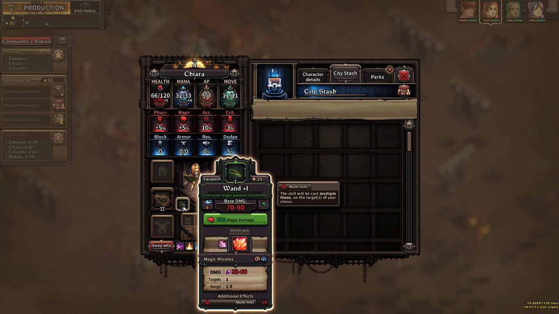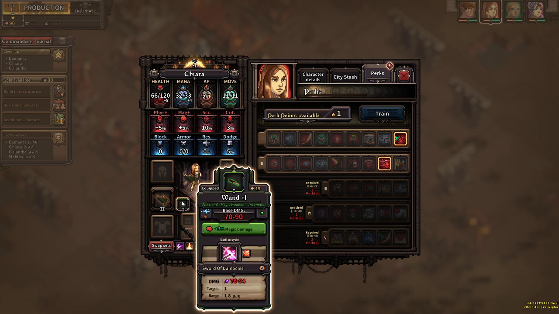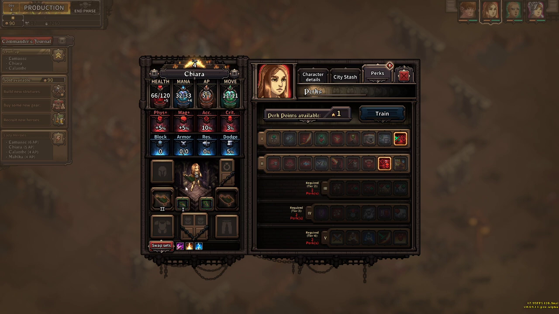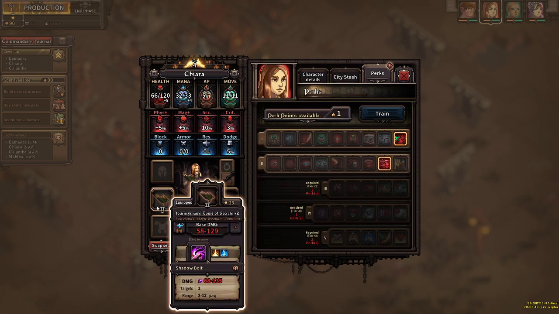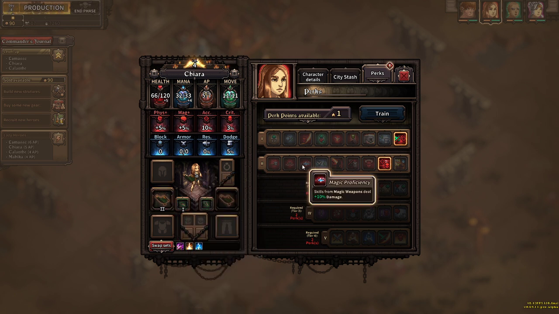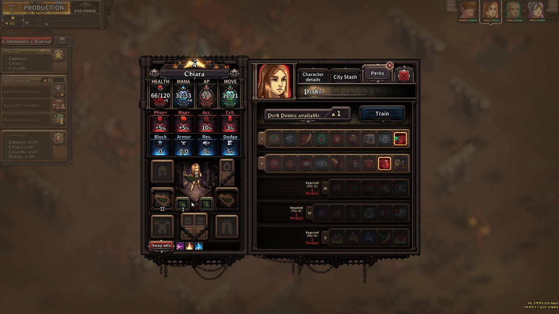Yeah, the wand is better single target damage. I think I might want to build a watchtower though, so maybe I unequip these. I buy her the rifle. Or maybe I just get rid of these. If I make her a specialist, if I give her a specialist perk,